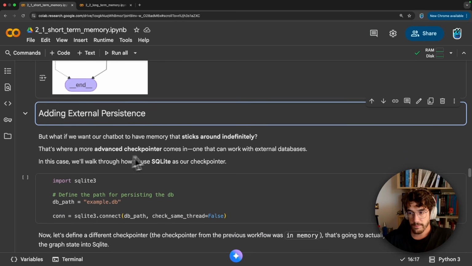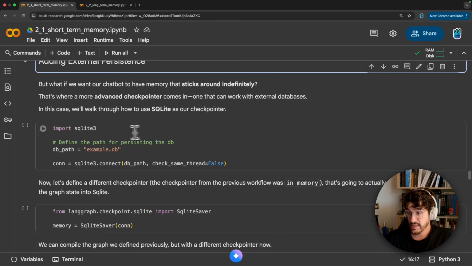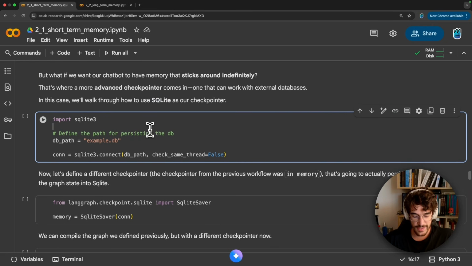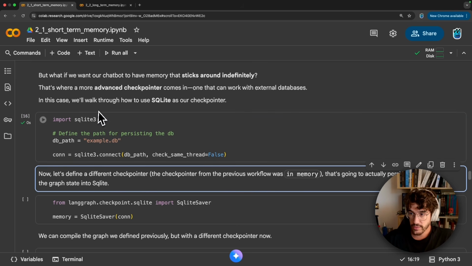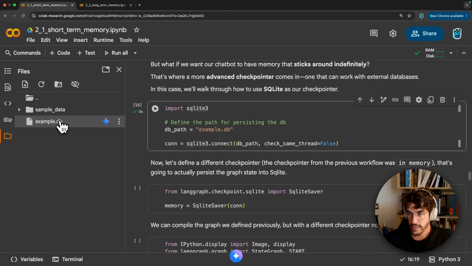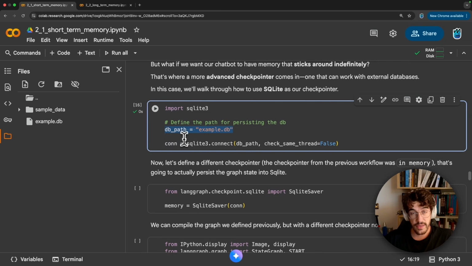Okay, so that's the point in which adding a more advanced checkpointer comes in, one that can work with external databases. Which database have I chosen? SQLite. This is the database that we are going to use as our checkpointer to store externally the LangGraph state. So we are going to first of all import SQLite 3. This is the DB path and this is the connection. In fact, if you go here, you can see this sample.db, which is the database that we've just created